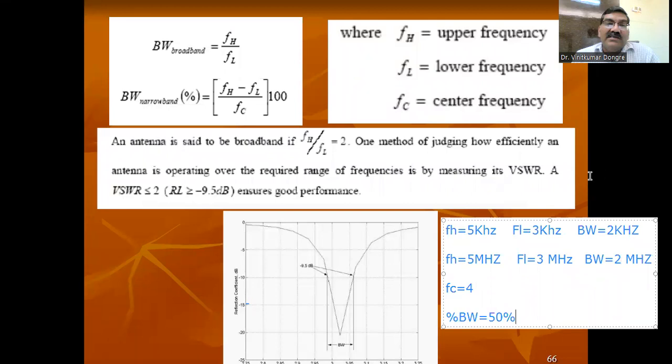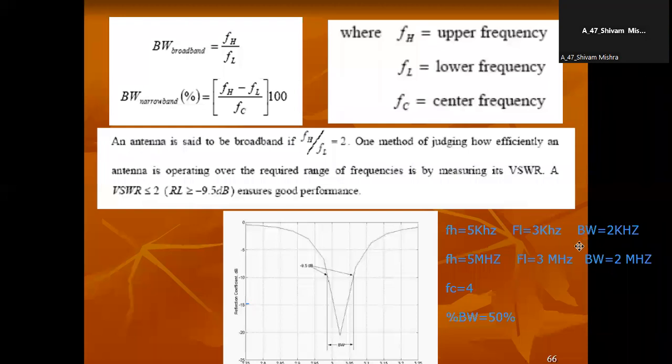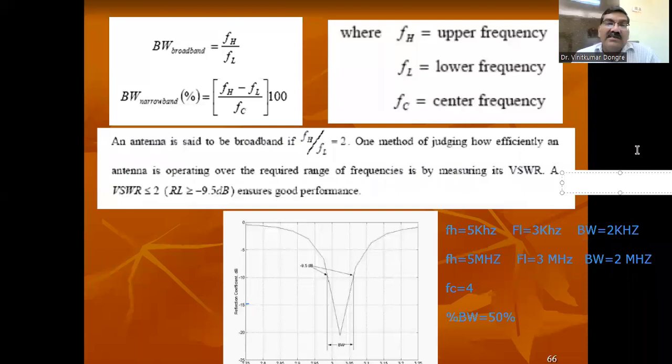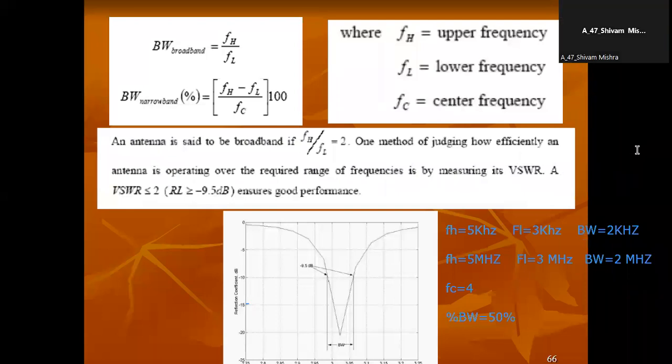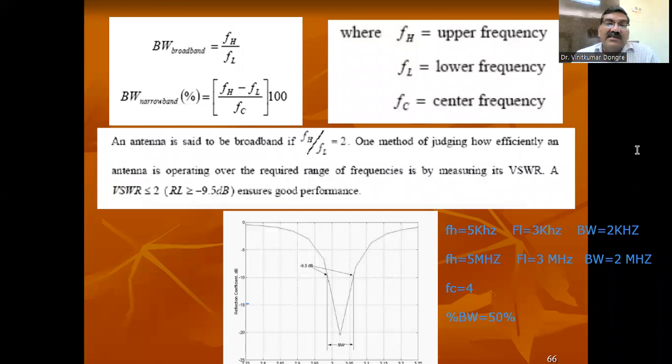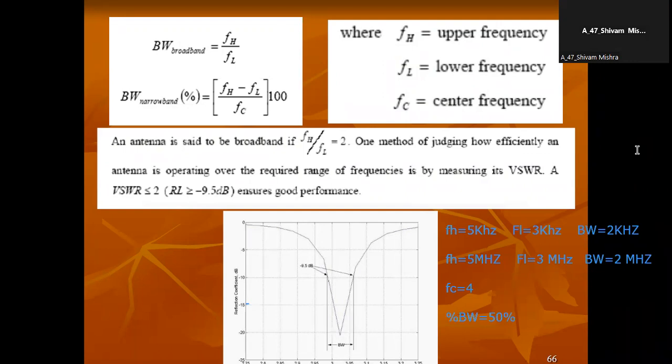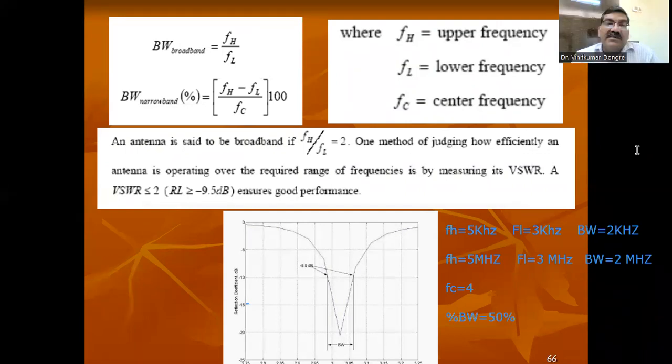Any doubt here? Sir, what will be the unit of FC? The percentage bandwidth's? No, sir, that FC, like in kilohertz, megahertz, how will we come to know? For the first application it is in kilohertz, for the second application megahertz. Okay, depends on the situation, in which unit we are dealing. I wrote for both applications, I did not write the unit. For the first it is in kilohertz, for the second it is in megahertz. Suppose I write here FC, for this one,